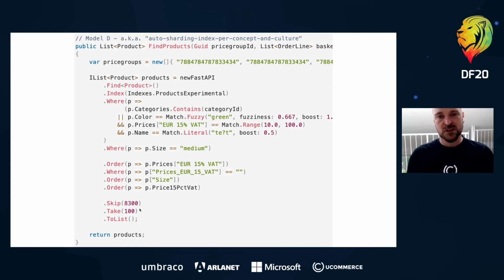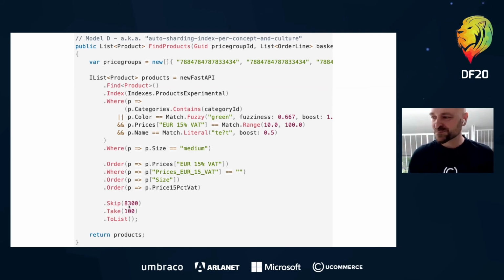So if you have, say, 1 million products in your product database and you don't specify skip and take, Ucommerce will bring back exactly 300, no more, no less, unless you start skipping and taking. So we wanted developers to be explicit when they need more, right? So if you do need 1 million products, you can have the API produce it. You just have to say, take 1 million, and it will do it. It will do it very slowly, but it will do it. So that's the API. I'm really happy about what we did here because I think we nailed it in balancing out flexibility from LINQ and keeping something that looks familiar and is intuitive to use for a .NET developer.